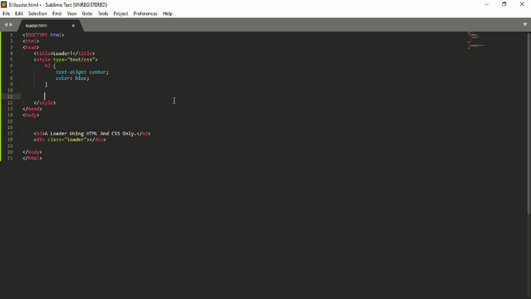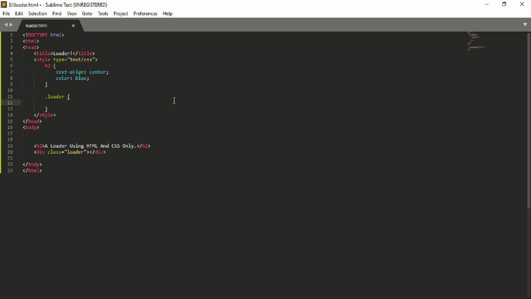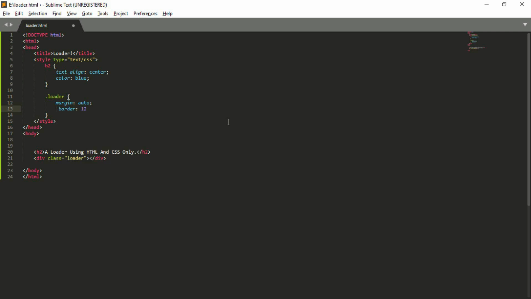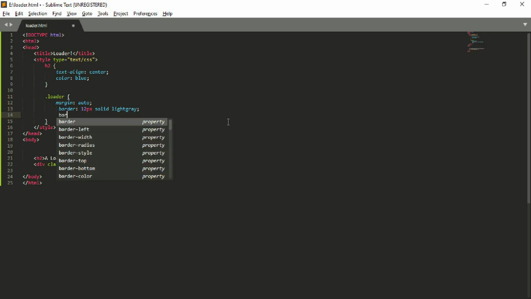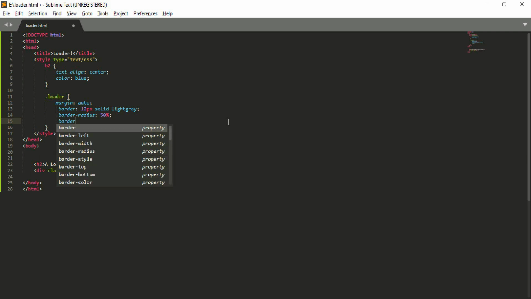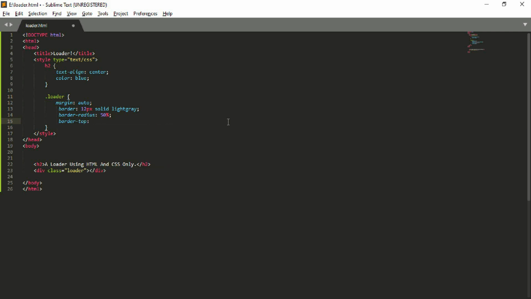Now it's time to set the style on the div tag, okay. For this I'll use the class attribute's value, which is loader, and here I'll say margin auto and border 12 pixel solid light gray, semicolon, and border radius will be 50%, okay, and border top, here I'll say border top 12 pixel